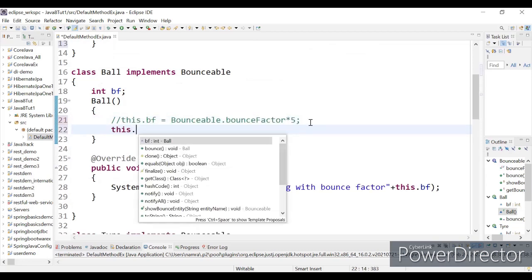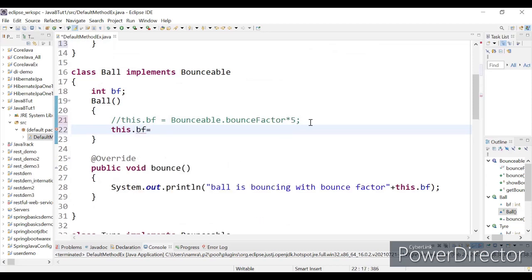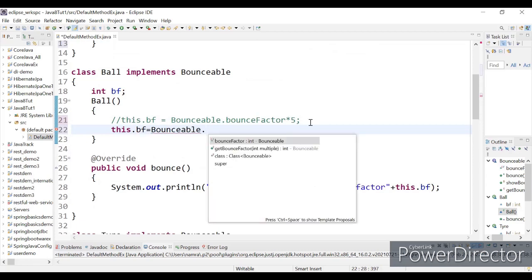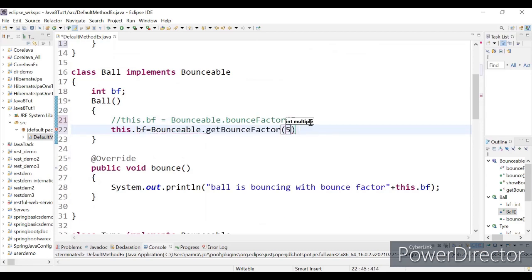And I can say this.df. And what is the method name? How to call it? Interface name dot getBounceFactor. And what is the multiple? 5 is the multiple. Okay. So this will be the correct way to do it, using a static utility method, to enhance your bounce factor.